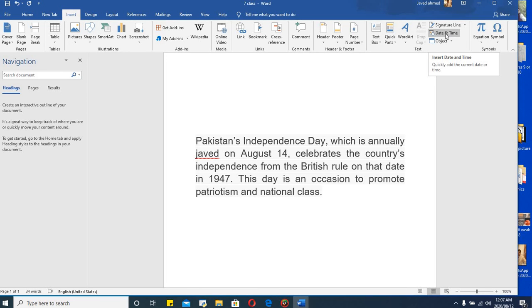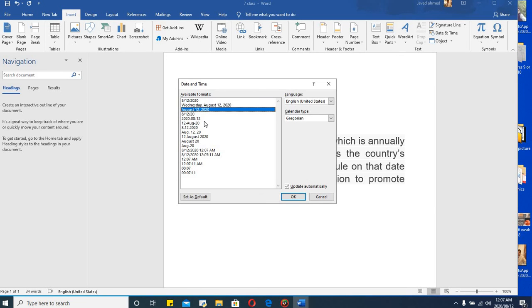Click this Date and Time. Today's date is 8/12 and it is available in different formats. So choose a format, we choose this format, and then okay. There is also an option here, update automatically.